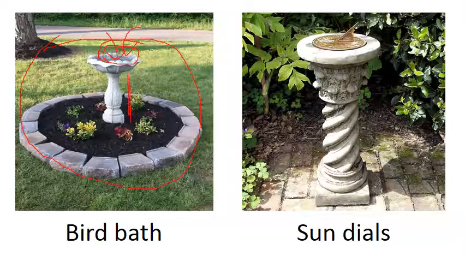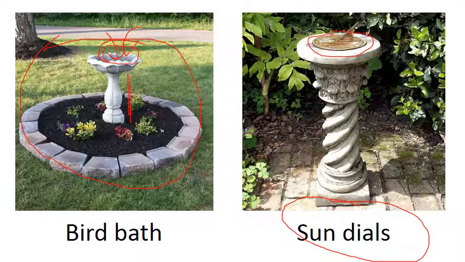Then comes the sundial. I am talking about this feature. You can see here, this is the number dial on the ground, and this is the pointer. Sunlight falls on that pointer, and there is a shadow, and that shadow falls on that number dial, and you can know the hour or time. So there should not be a shadow of any other feature in the garden. It should be only from the pointer.